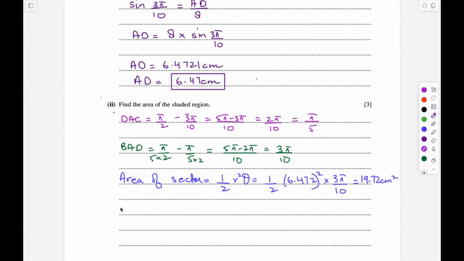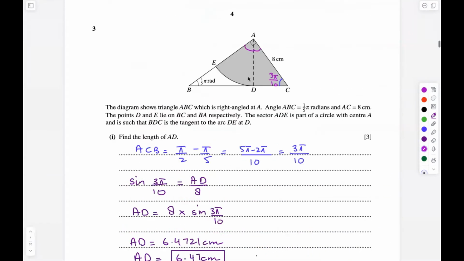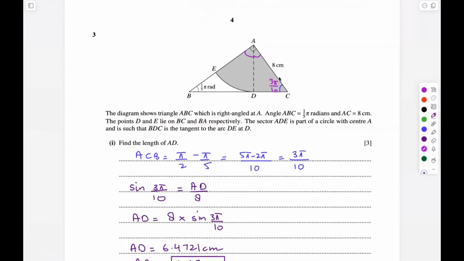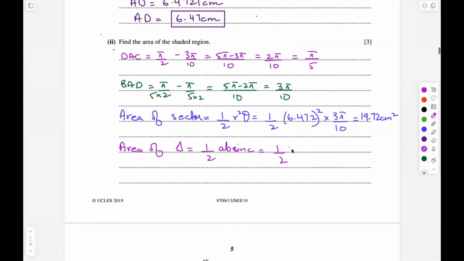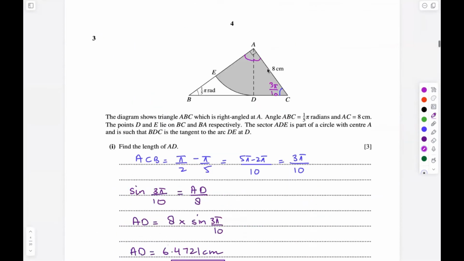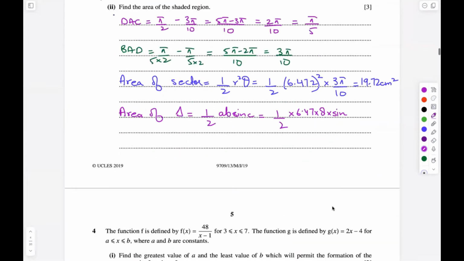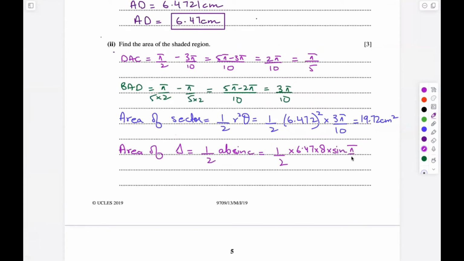And now finding the area of the triangle. The area of the triangle will be, we'll use the formula half AB sine C. We know that the two lengths are 6.47, the length of AD, and AC, which is 8. So the area will be half into 6.47 into 8 into sine of this angle DAC, which we found was pi upon 5. So this will become sine of pi upon 5. Now finding sine of pi divided by 5 multiplied by 8 multiplied by 6.47 and then dividing it by 2. This will be